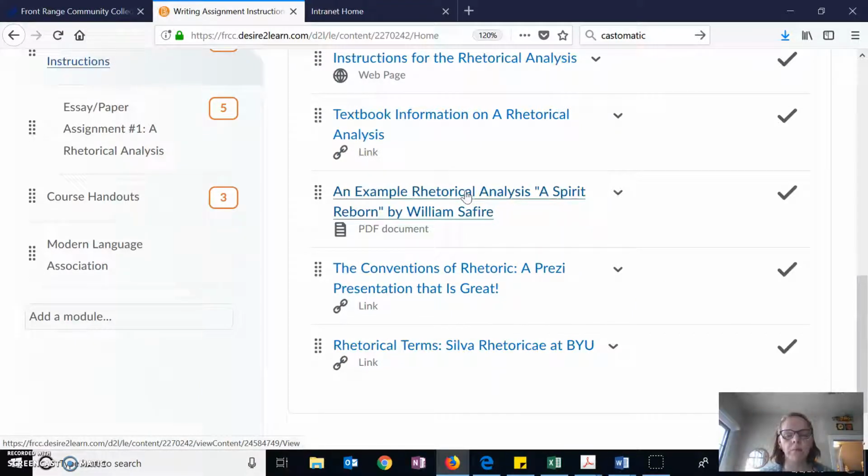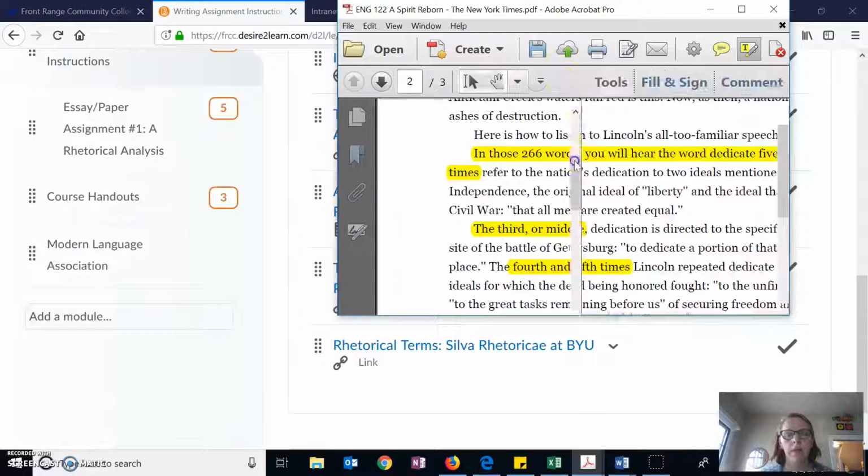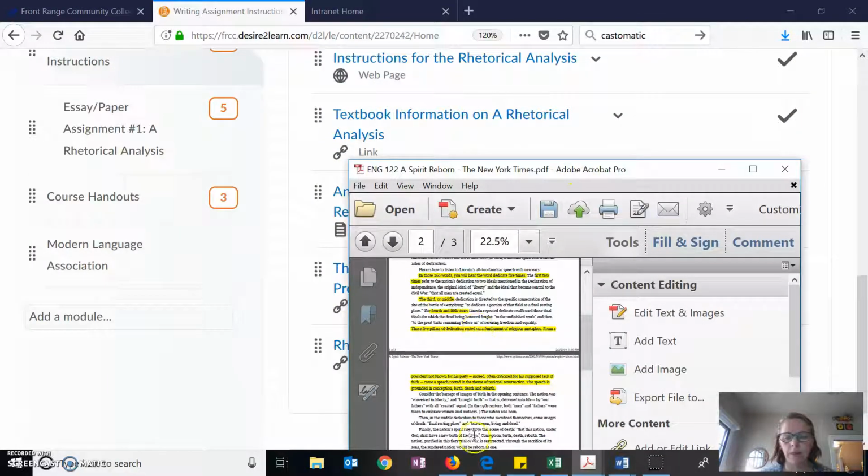So when you click on this, it opens up a PDF, which I already have opened, and I've already done some highlighting. So I'm going to take you over there, except I just